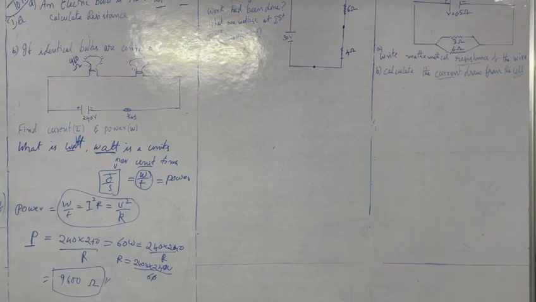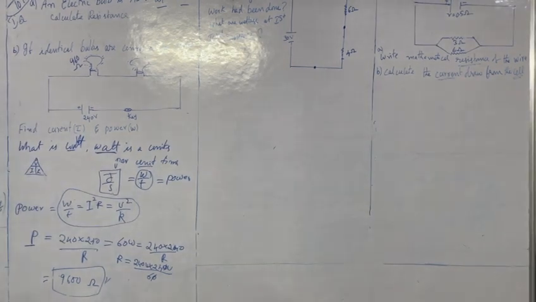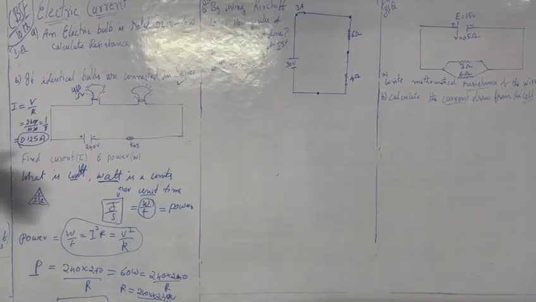Ideal bulbs connected in series. Find current also. What is current? You find it. For current, we need voltage and resistance also. What is the formula we use here? We have R and V, and what is the question given?